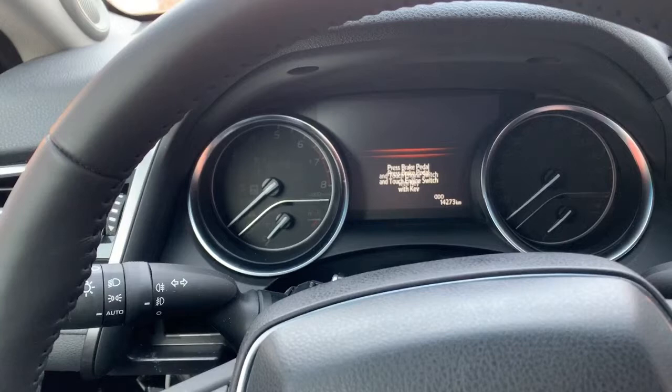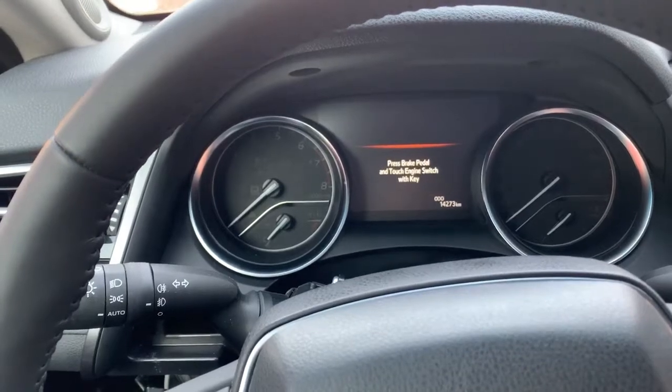The test is completed. Conclusion. The AST Pro Unlocker device allows you to disconnect the factory security system of the Toyota Camry 2018 without a key, both outside and inside the car. The AST Pro device allows you to start the engine